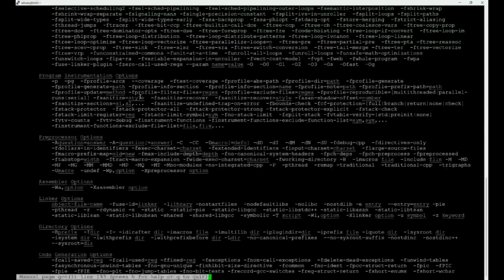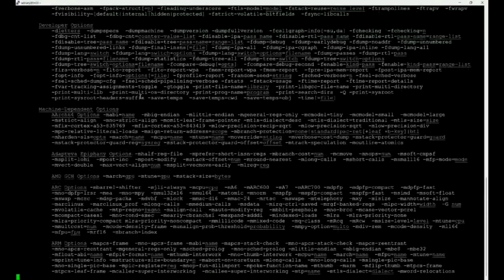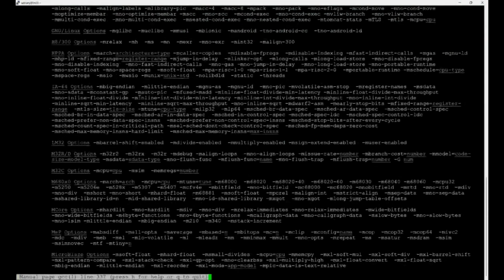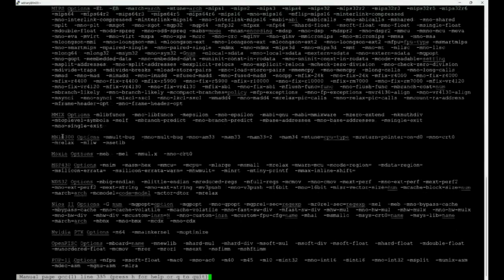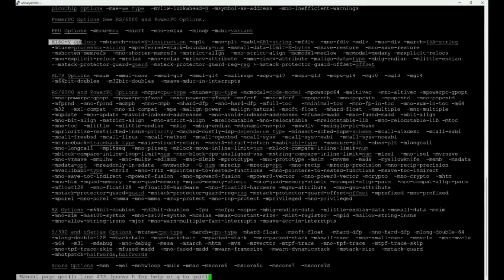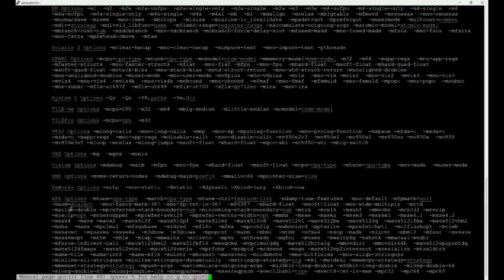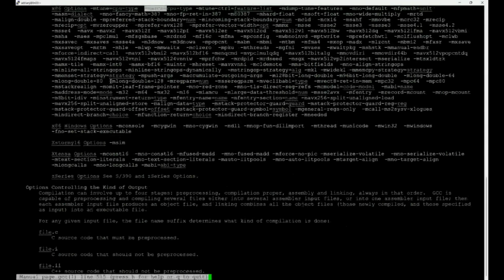So if we have a look here again, with all these optimization options, there will be ones for different kinds of processors. So all these things down the side here are different instruction sets, different processors. So there's RISC-V options, there's RS6000 options, those kind of things, SPARC options, x86 options. And so generally you can specify these things like -mtune, -march, -mcpu, which let you actually specify this is the kind of hardware I want to build for. So if we have a look at -march=